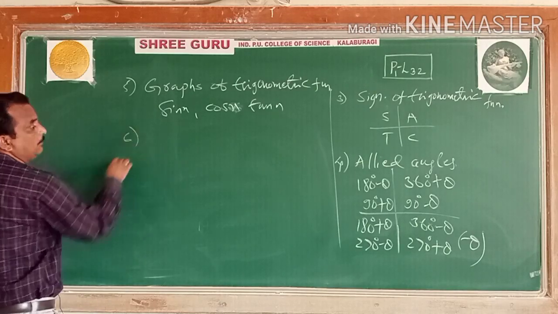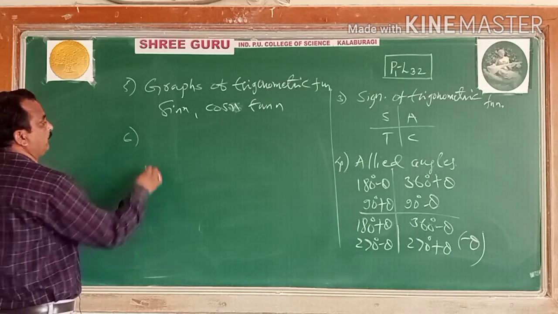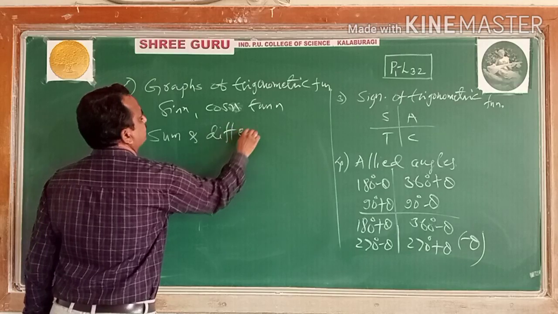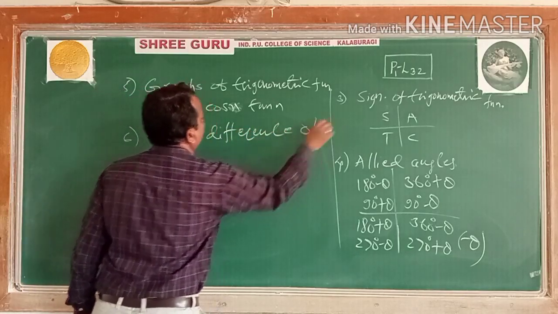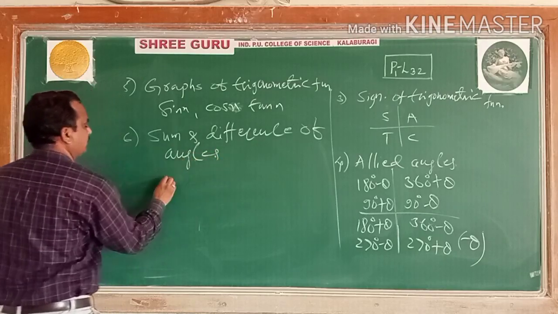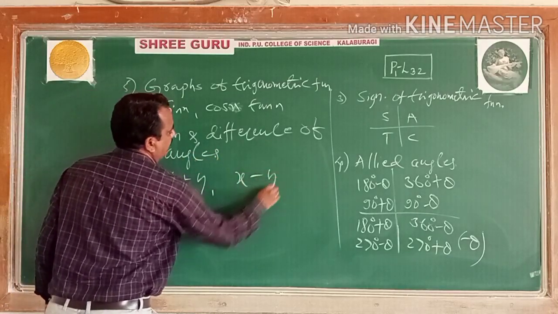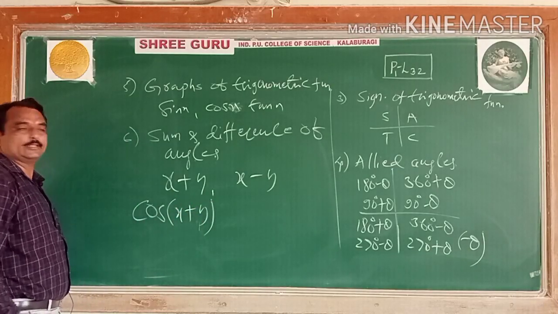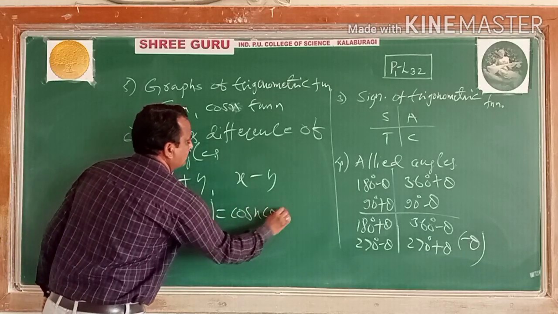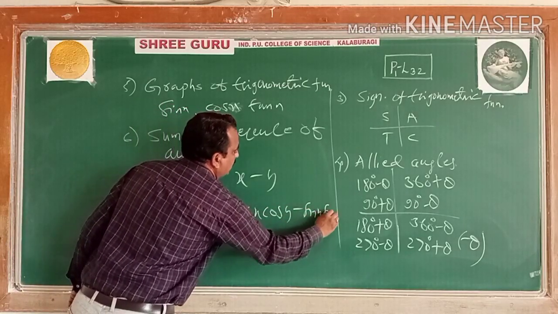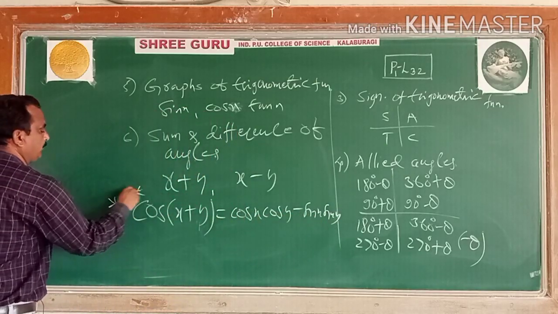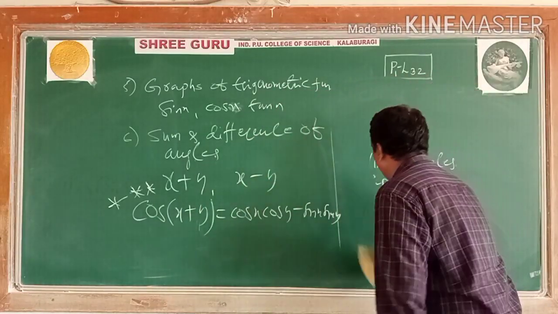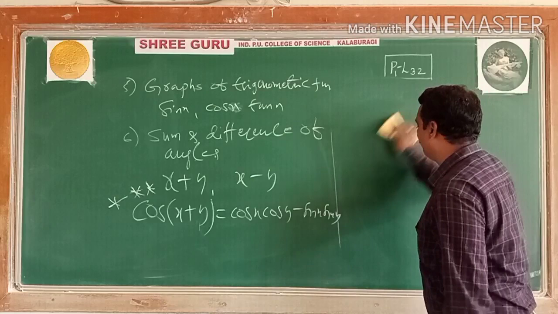The next, the important result after the sign of the trigonometric functions, the sum and difference of angles, that is x plus y, x minus y. Cos of x plus y we have proved geometrically. Cos of x plus y is equal to cos x cos y minus sin x sin y. This theorem is very important for the examination, for 6 marks. This theorem is very, very important here. So using this cos of x plus y theorem,